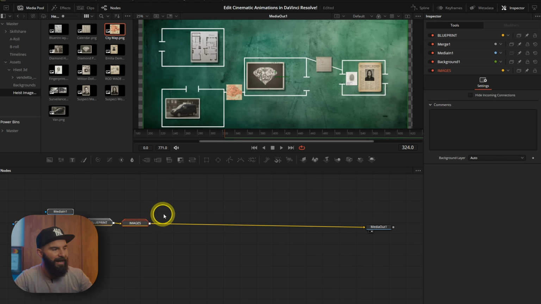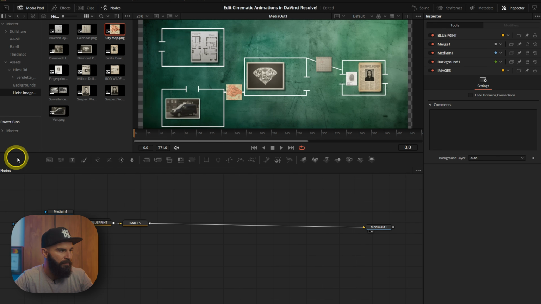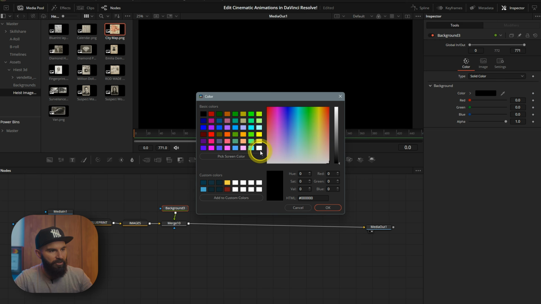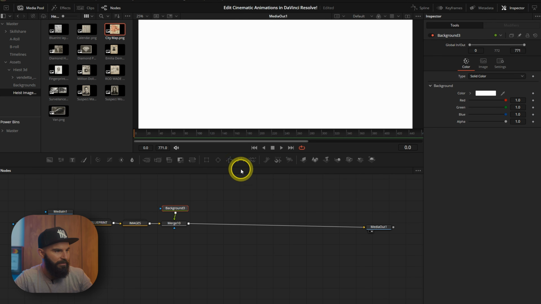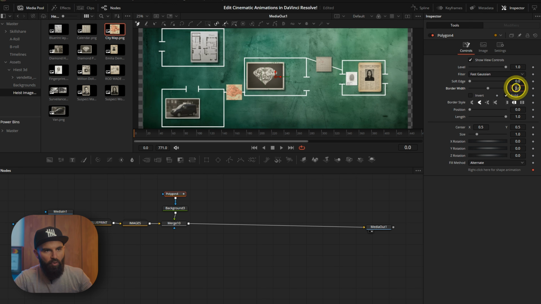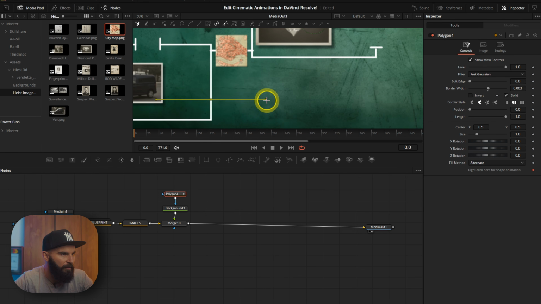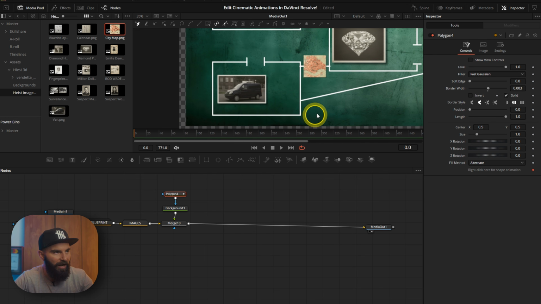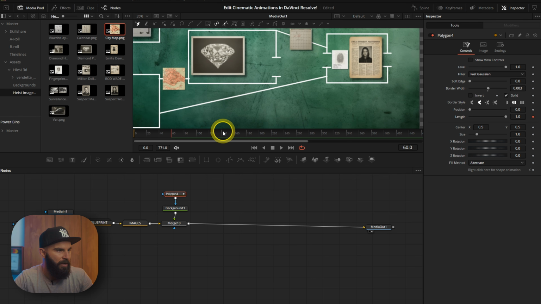We're getting into the animation part of this whole thing. So the first line is going to be another background on a new merge, change it to white again, and then let's select polygon, change the border width to 0.003. And we're going to start from here and we want to connect it to this one. But we want the camera to hover here for a few seconds up until frame 60, add a keyframe on length, and then go to frame 140, add another keyframe there, and then go back to frame 60 and pull